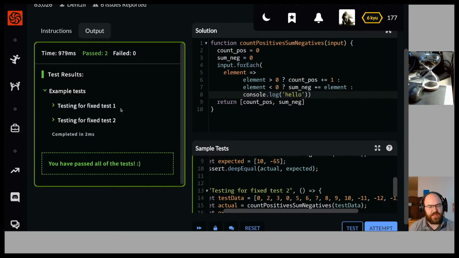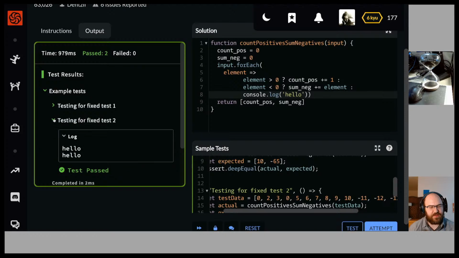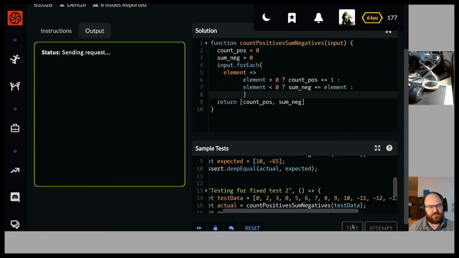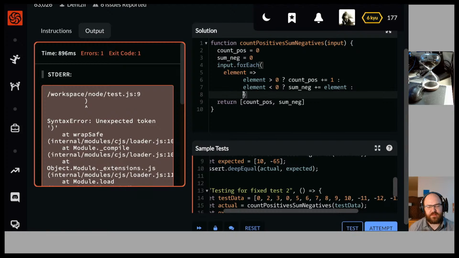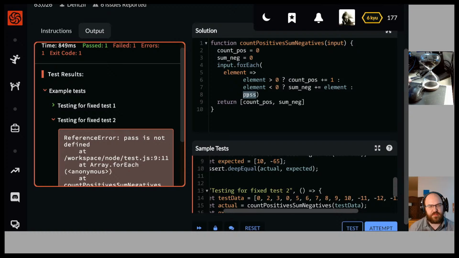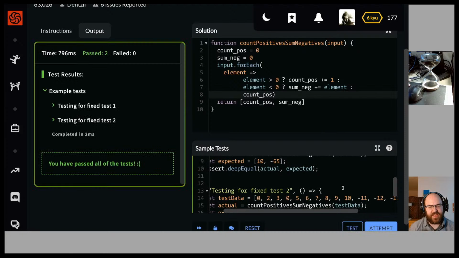Although I don't love that there's this hello logging in place. What if I just leave this blank? I feel like that's gonna cause an error. Yeah. I don't think pass is gonna work either because that's a Python thing. What if I just put count positive there? That's a hack, but